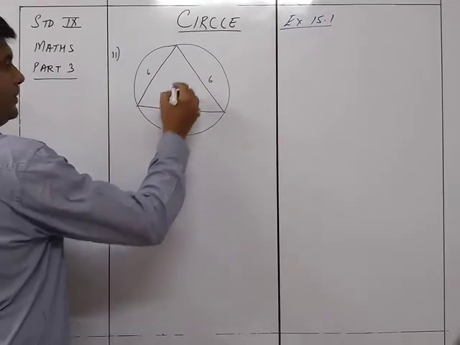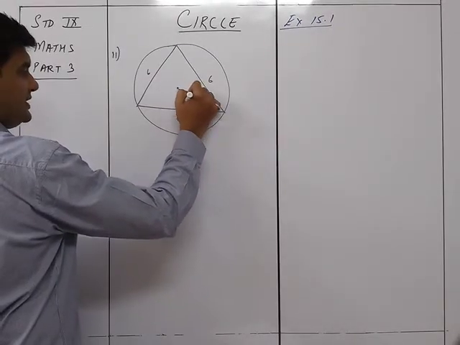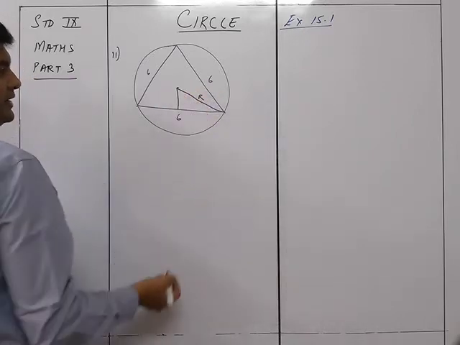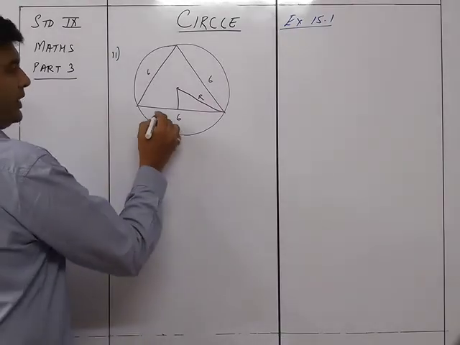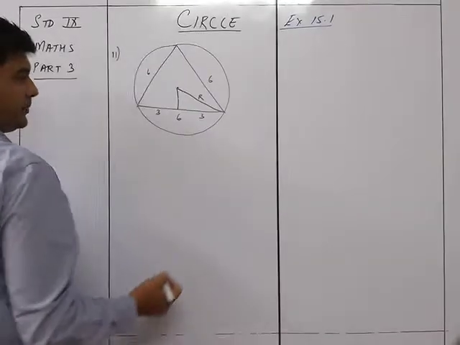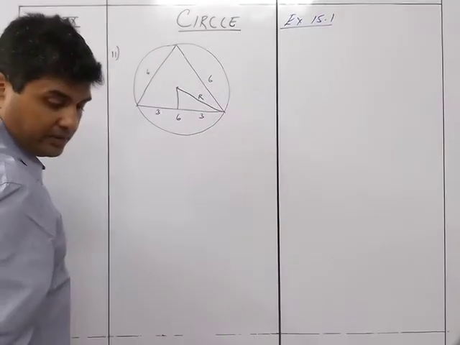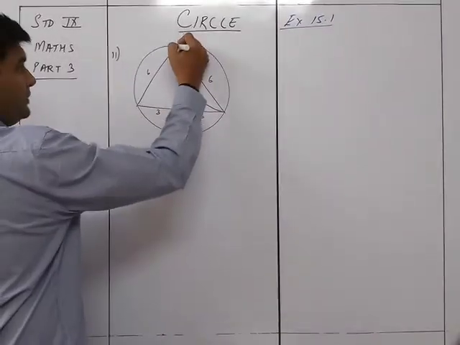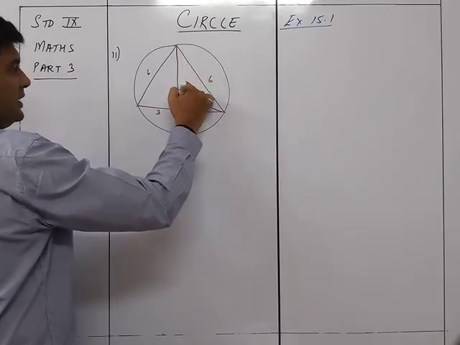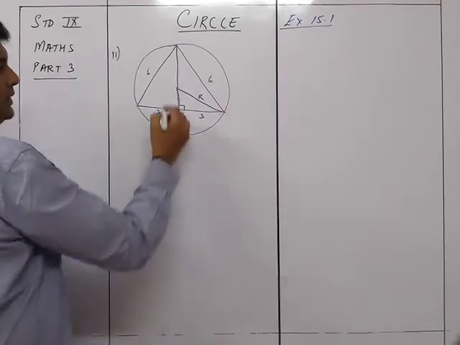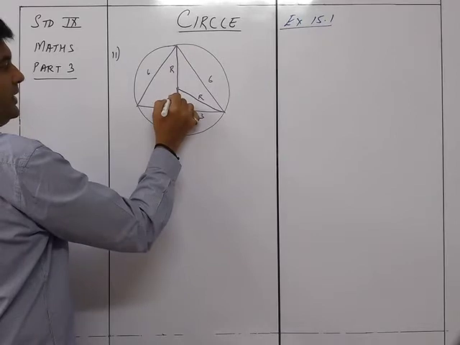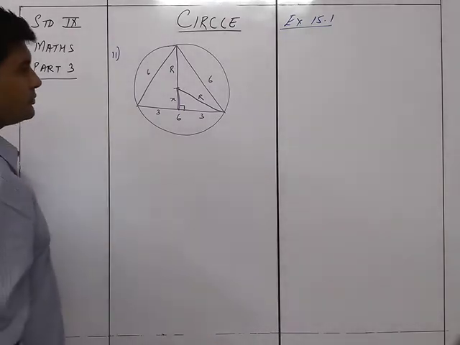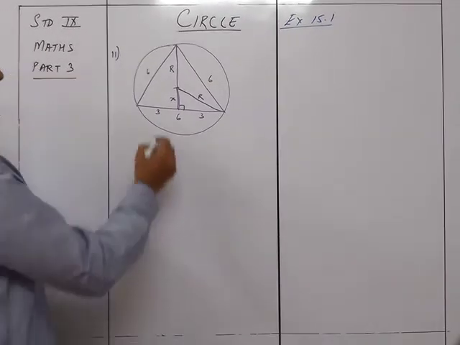Now you know when it is inscribed, this distance is the radius, and this over here is a perpendicular distance. This over here will be 3 and this will be 3. Now if I draw a line like this, I know that this will be perpendicular, this will be R and this will be X, we can say. So we now know that this will be the triangle.